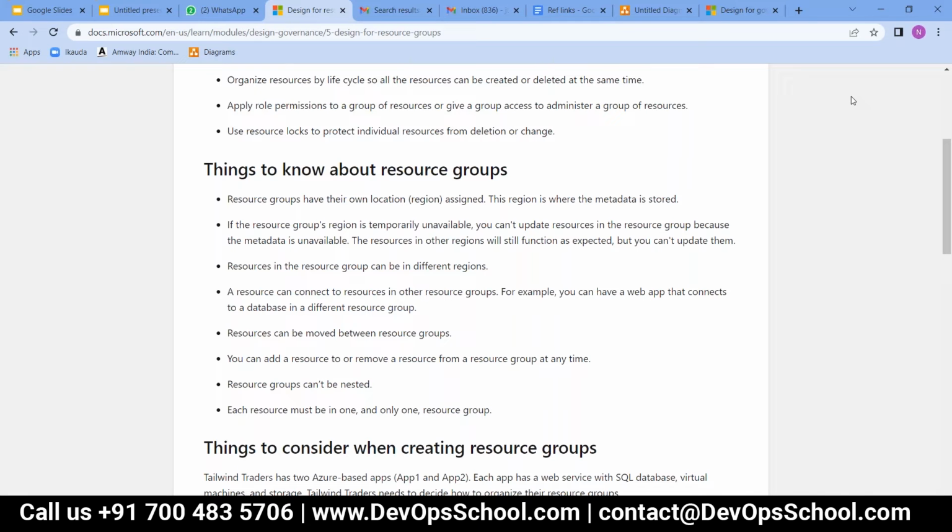What do you mean by the placement of that? Means there is no resource group placement. It's metadata, it's been created anywhere. But when you define a resource group, there will be a region you define at the time of creation. That region means the region where its metadata will be stored. So you have control at the time of creation of it. Okay, got it.